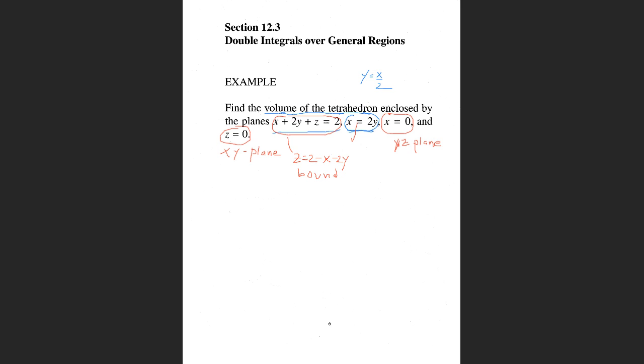Let me make sure I got the word right here. It's an oblique plane, right? So the plane x plus 2y plus z equals 2, which can be written as z equals 2 minus x minus 2y, bounds this solid